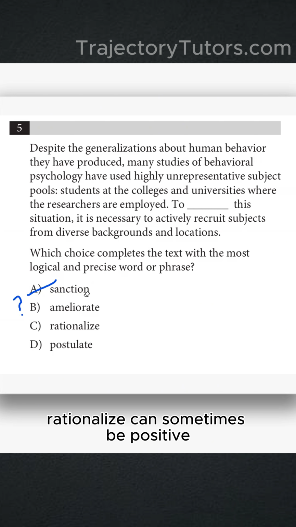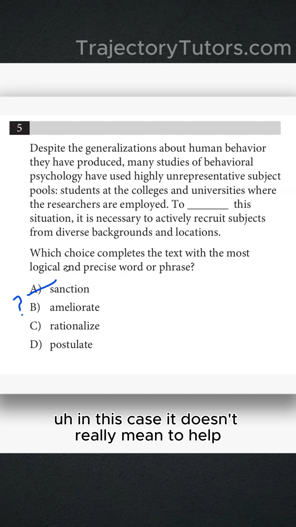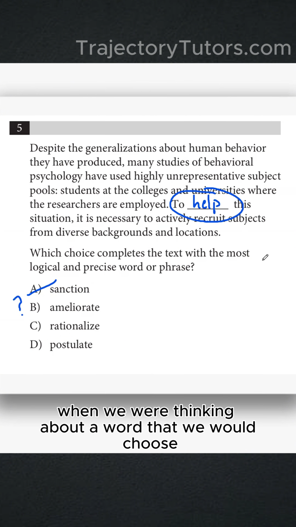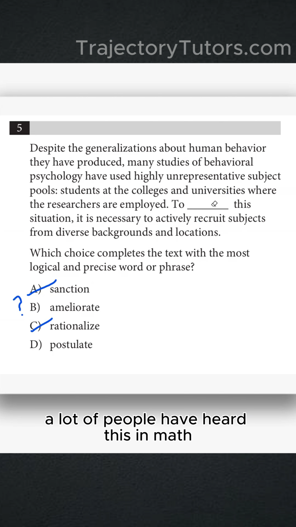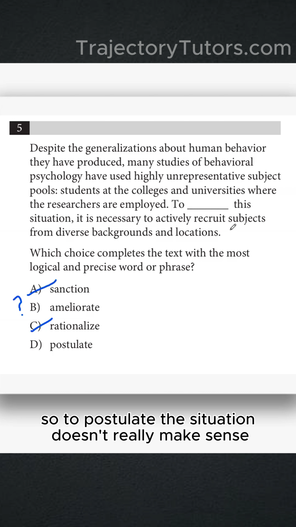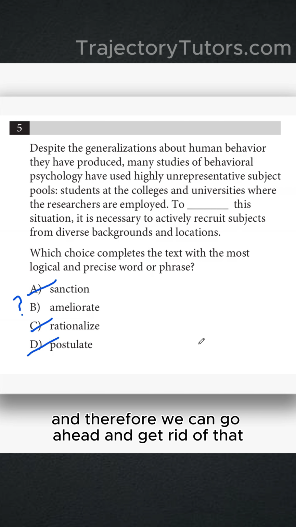Rationalize. Rationalize can sometimes be positive. In this case, it doesn't really mean to help. That's what we picked when we were thinking about a word that we would choose. So we can put an X through that one. And postulate, a lot of people have heard this in math. It usually means a guess. So to postulate the situation doesn't really make sense, and therefore we can go ahead and get rid of that